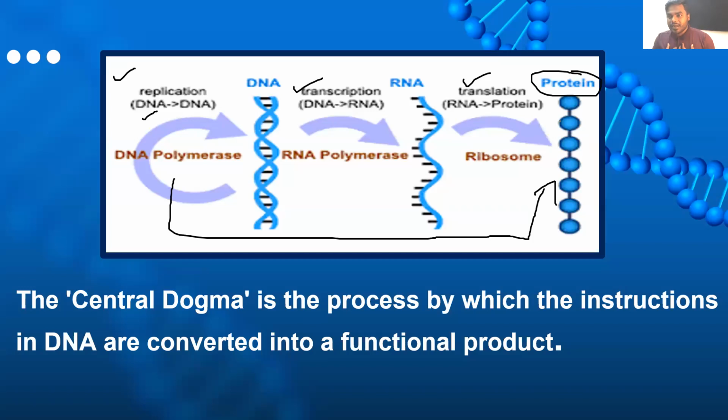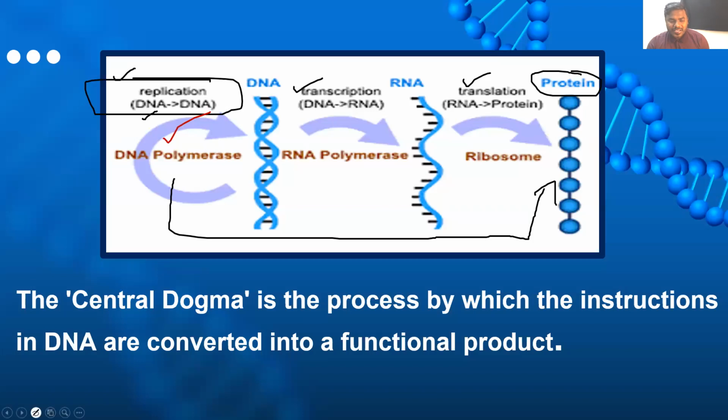If an antigen enters my body, what does my body start synthesizing? Antibodies. What are antibodies? Of course, protein. So what not, my friends? Every single function performed by the living cell is under the control of protein, and that protein is synthesized by this unique molecule, that is DNA. That's why we can say DNA is the most important molecule, playing a key role in the synthesis of protein. Now listen to me continuously for 15 minutes.